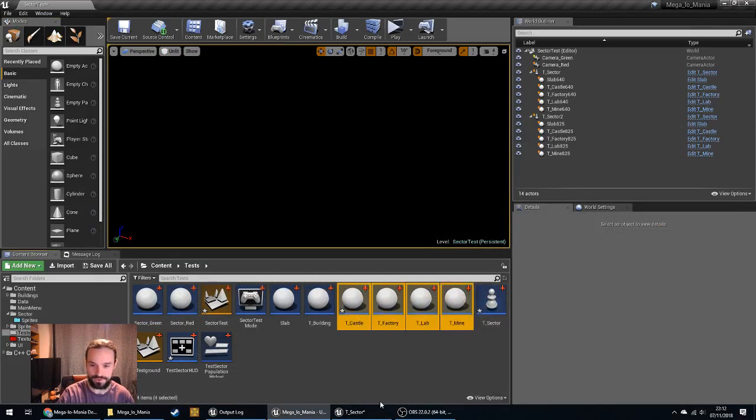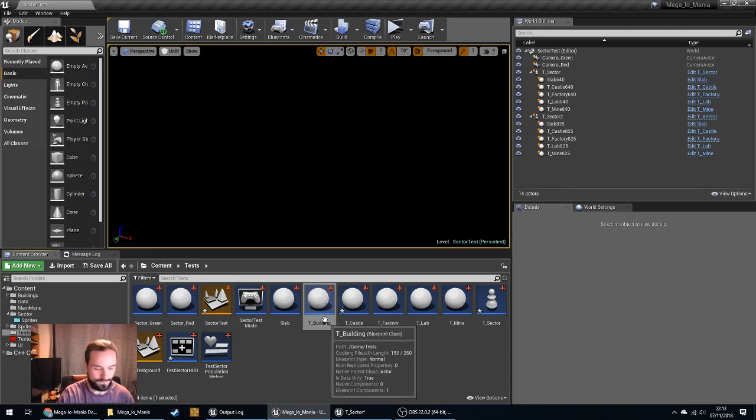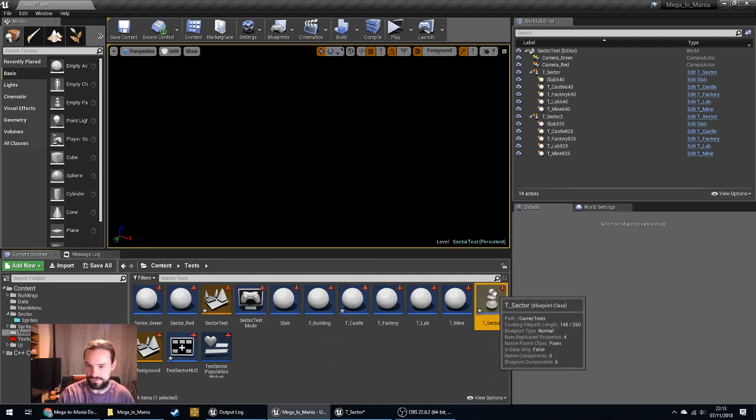So the buildings themselves actually all inherit from the building. I'm not sure if that's necessary, but to be fair there definitely are some similarities in terms of how they're built and how they're destroyed, somewhat similar. So that should be useful, but I've put it in there just in case. And then we've got the slab actor as well, and then we've got this sector pawn, and I've put them